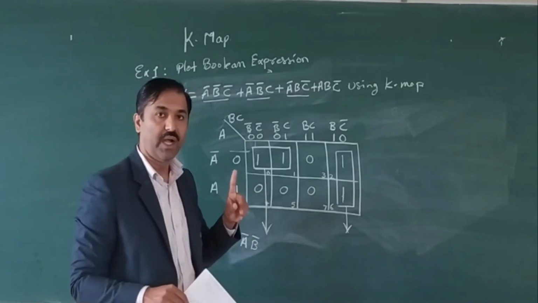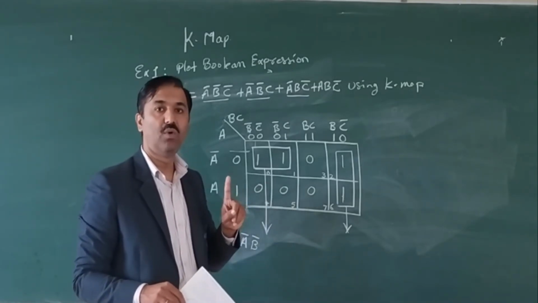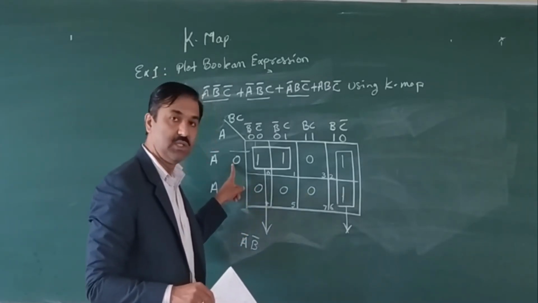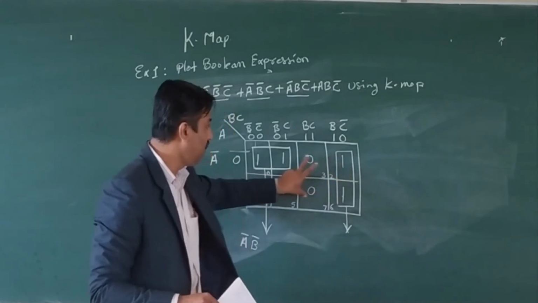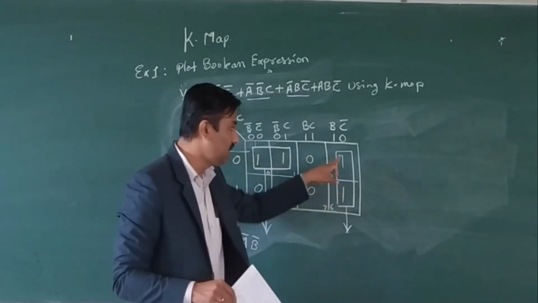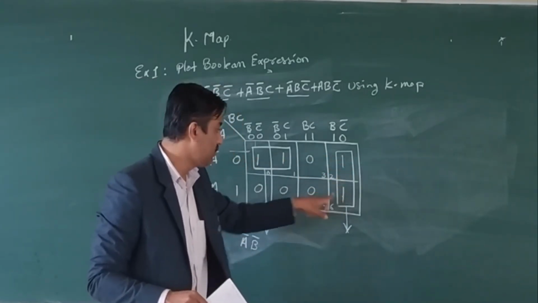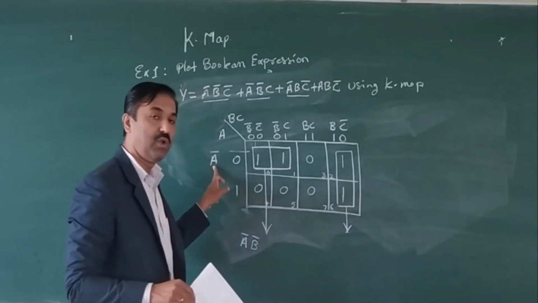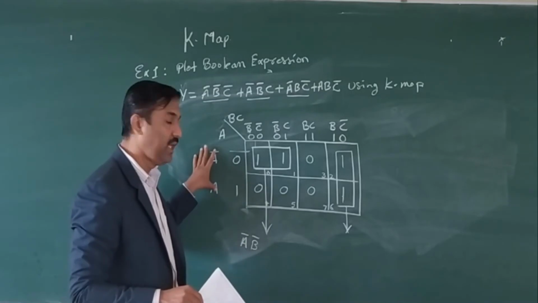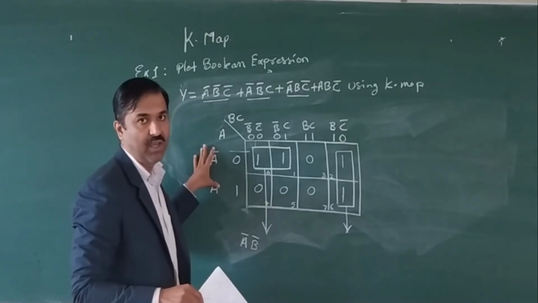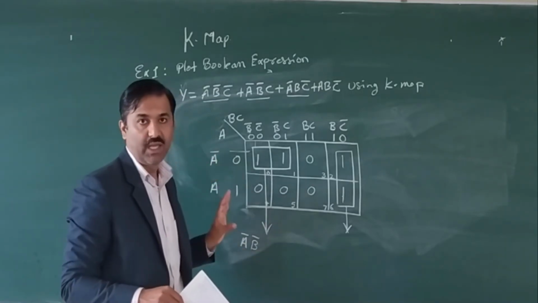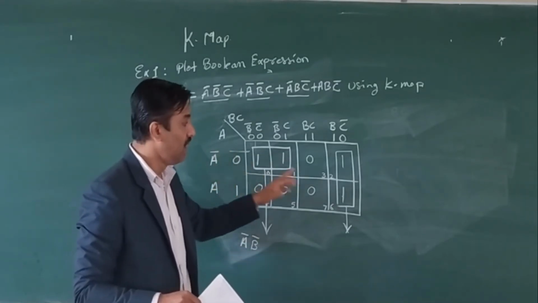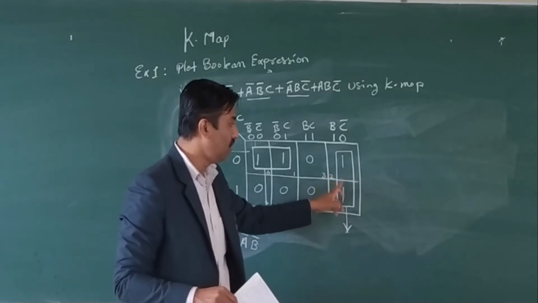As I told you, at a given point of time, a variable can hold only one value. Either it can be 1 or it can be 0. But for this given pair of ones, as I have paired them, for this one it is holding the value 1 and for this one it is holding the value 0. So I cannot take A or A bar as a part of my final expression, because they are varying. Okay. Now let me go to the other one.